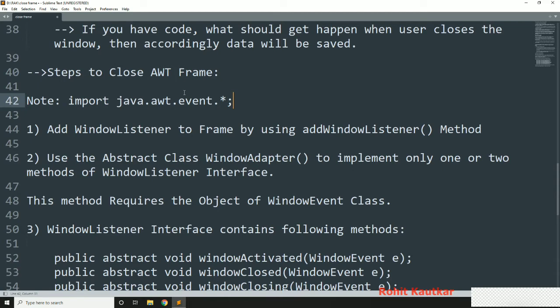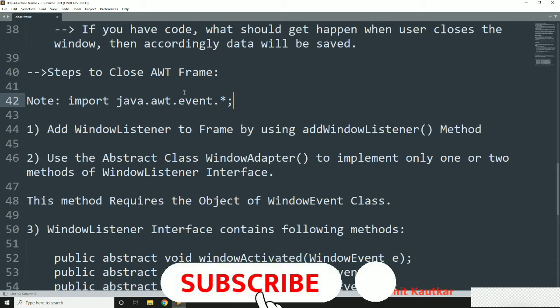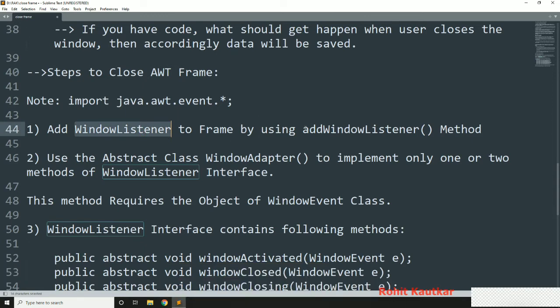Here we need to handle the event regarding the window, so all those classes will be available here. So import this package first of all, and then proceed further. The first step is to add the window listener to our frame. Which method do we use for adding a window listener? There is a method called addWindowListener. First of all we add this method to our frame.